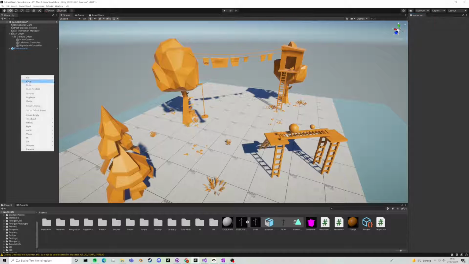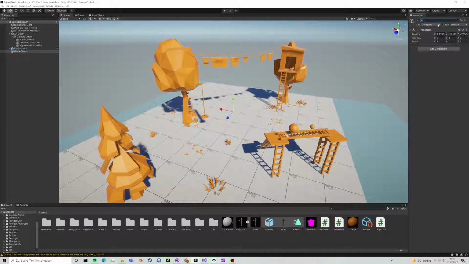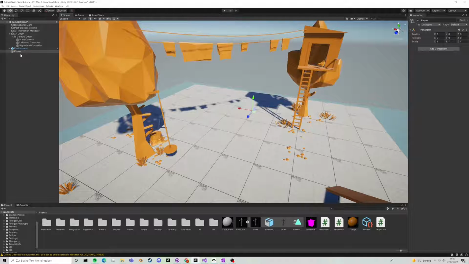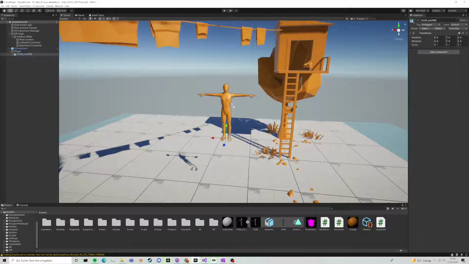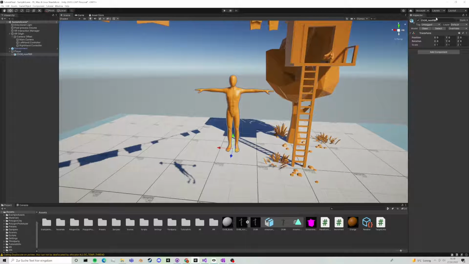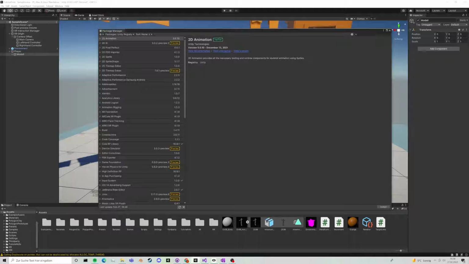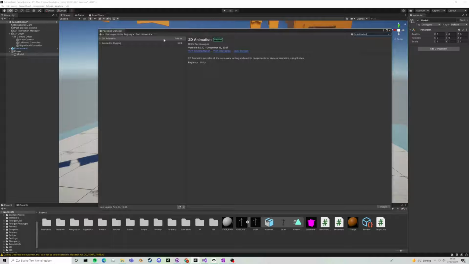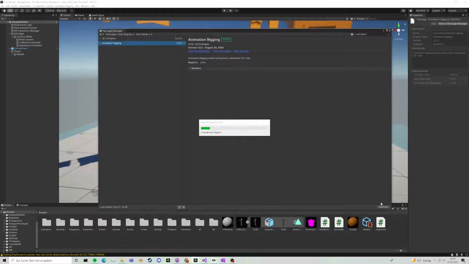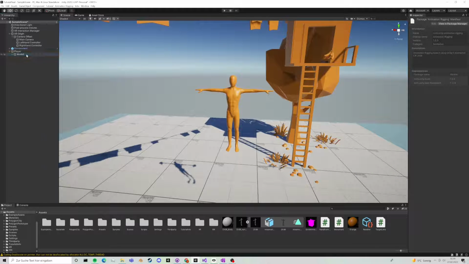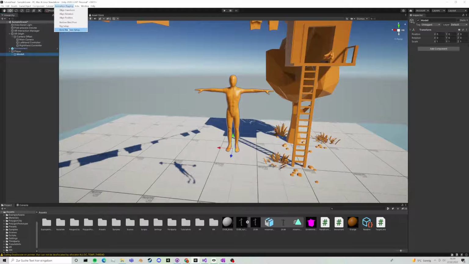Create an empty game object, name it player, and set its position to 0 on every axis. Drag your model inside the player game object, name it model, and unpack it completely. Open the package manager and download the animation rigging package. After completing the download, you want to select the model and click Bone Render Setup under the new Animation Rigging